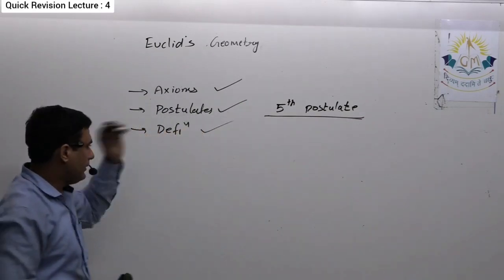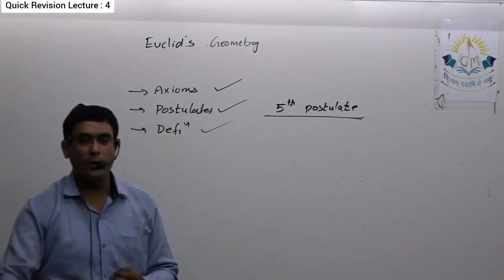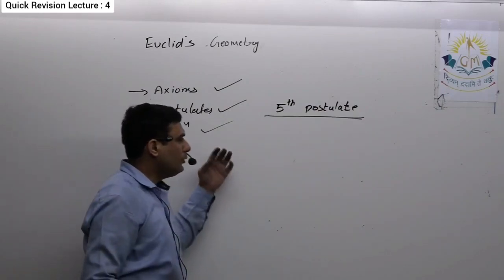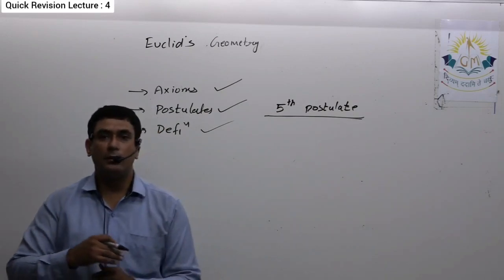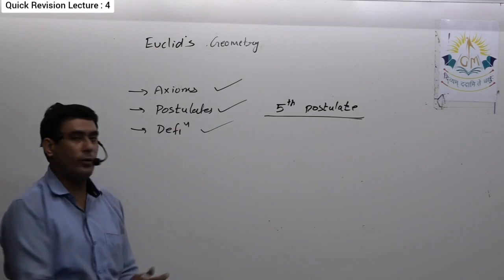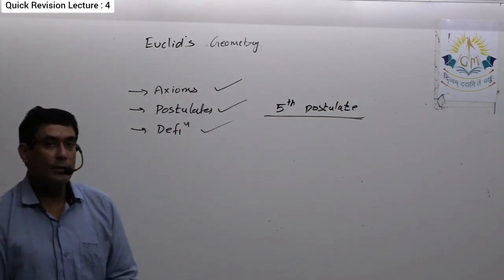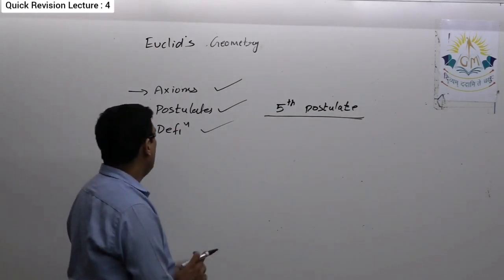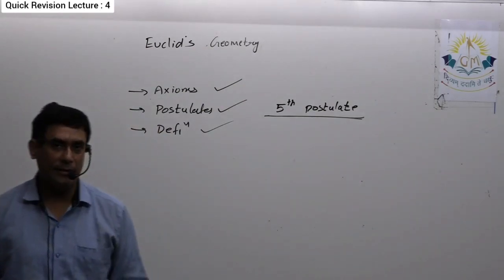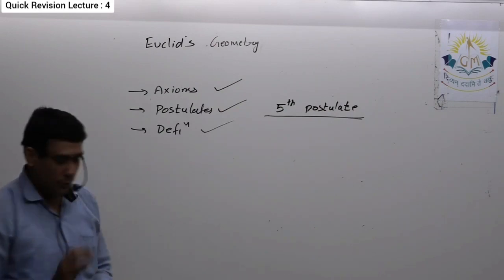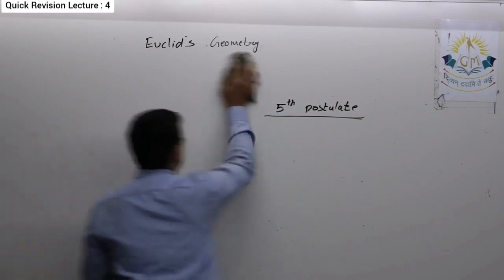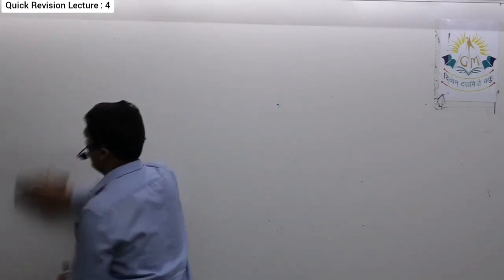As it's a theoretical topic, you also have to learn who was the student of whom, Pythagoras was a student of whom, Thales was the teacher of whom. All these things you have to learn by heart. Related to this you will get a PDF, go through that PDF, and that is sufficient for Euclid geometry. Now next we will see probability.